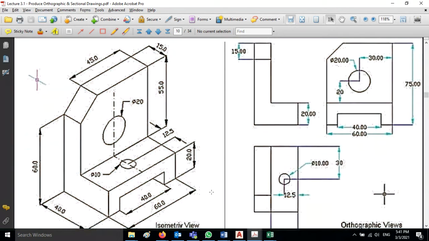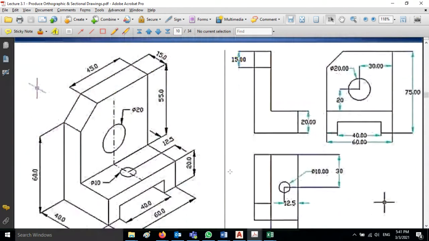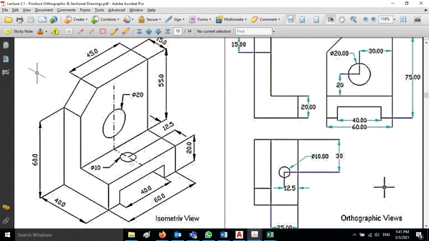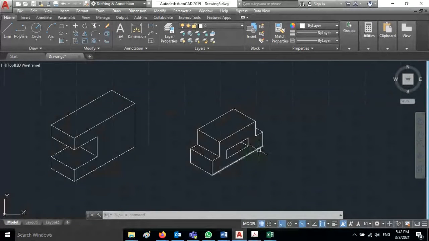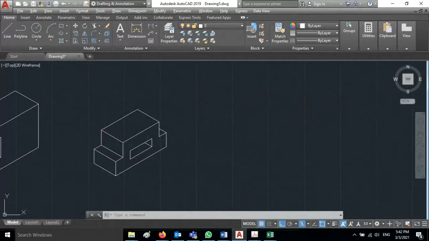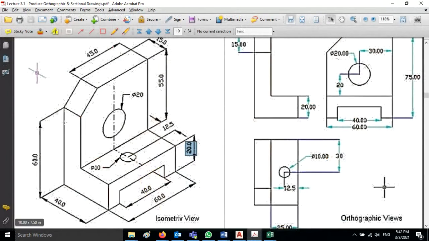Okay. Now here, what are the dimensions given? You can see this is 60 and this is 40. Then remaining this side 10, this side 10. Okay. And what is the height? 20. First I will draw this front surface. The front surface I will draw. I'll start here. You can see